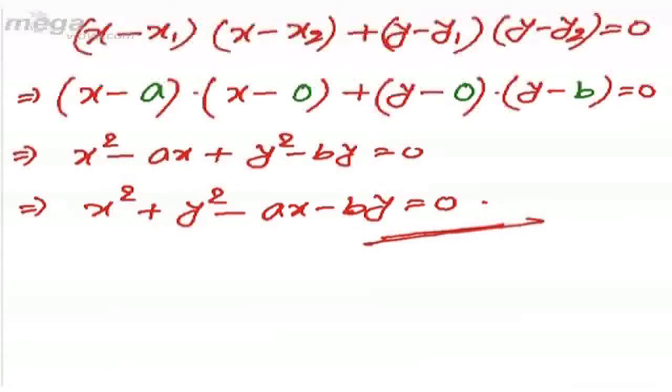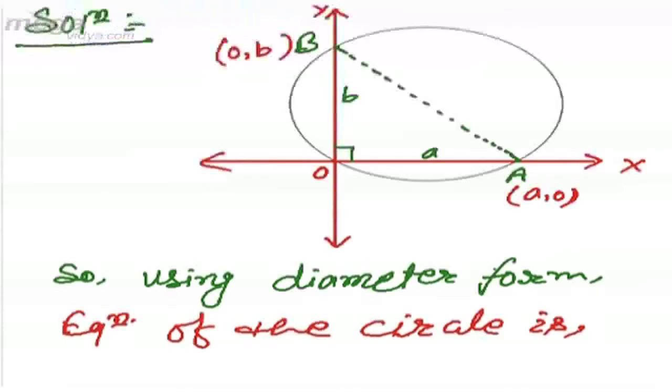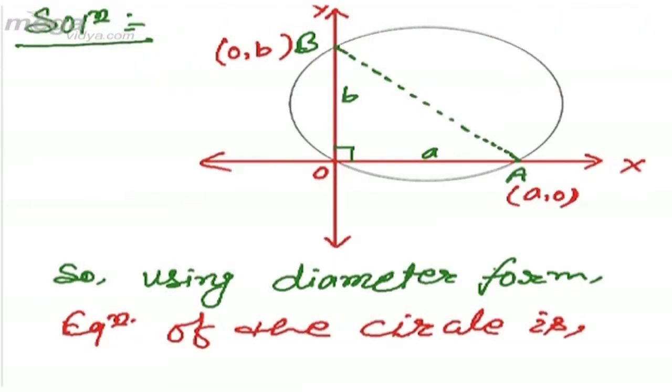I am solving this question by using the second method, in which first of all you will find the center, then you will find the radius, and then after that we will find the equation of the circle. So the second method is, see from the figure, the midpoint of AB will be the center, as AB is the diameter. So first of all we'll find the center of the circle, which is the midpoint, and the midpoint